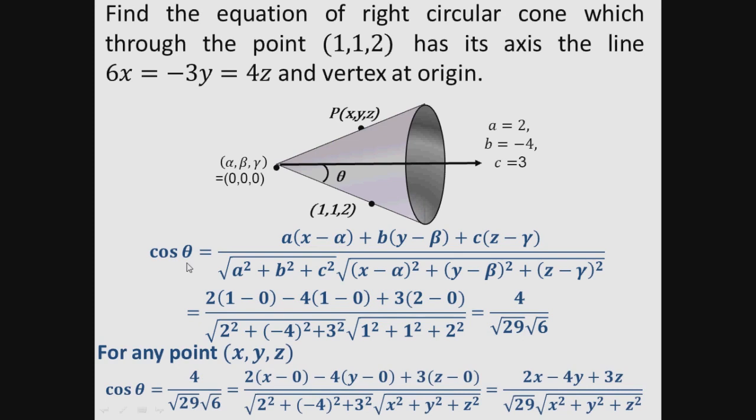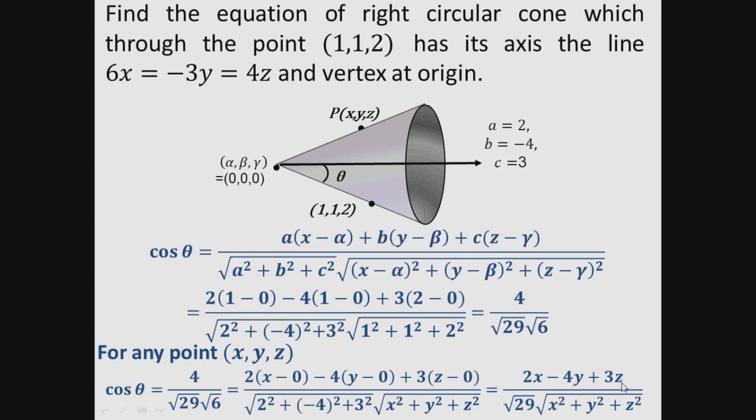So for any general point, cos theta will be, which we have calculated, 4 by root 29 into root 6, equals 2 into (x minus 0), minus 4 into (y minus 0) plus 3 into (z minus 0), divided by square root of 2 square plus (minus 4) square plus 3 square into square root of x square plus y square plus z square, which is equal to